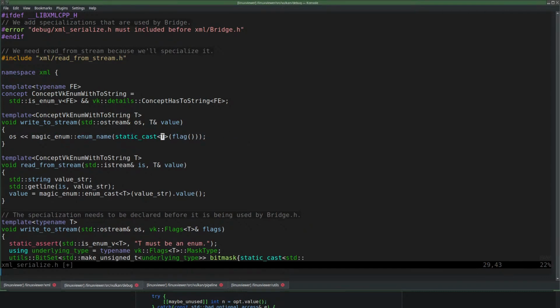What are we doing? Value. Don't need to cast anything. It's already a T. Yeah, that's what it should be, I think.